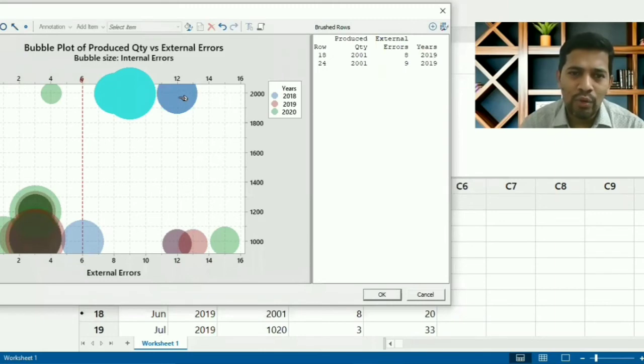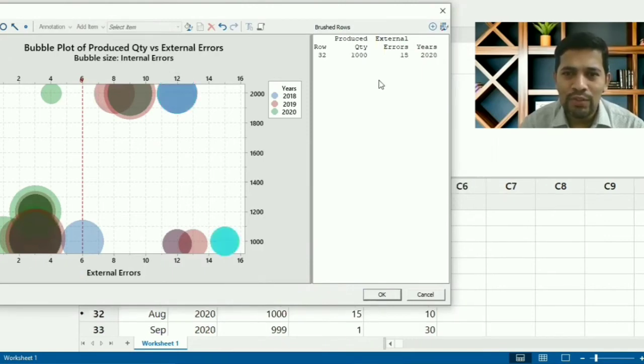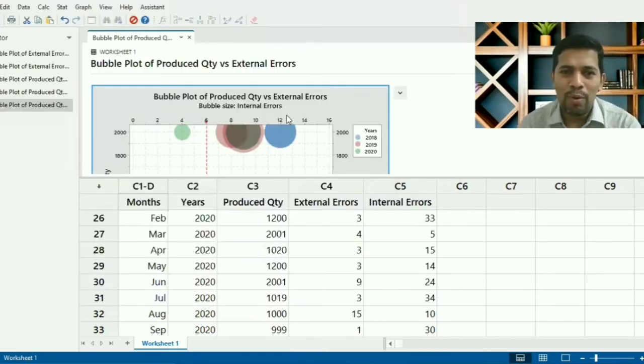Let's say you wanted to find out this one, you can do that. So immediately it will come up with all these things. Let's say you wanted to find out this. So row reference is 32, quantity produced 1000, error is 15, year is 2020. Like this you can play around. So this is all about bubble chart.